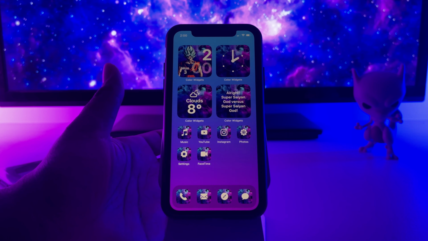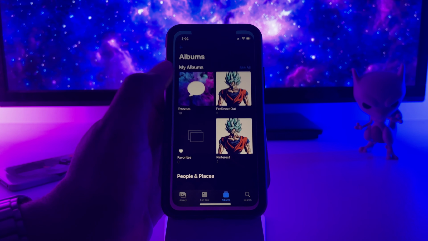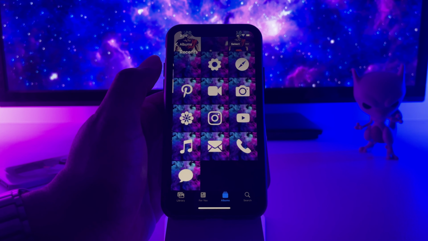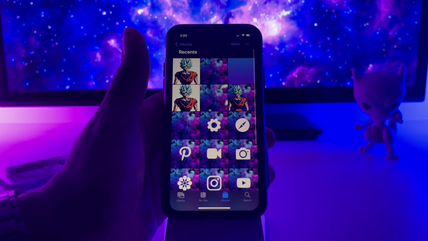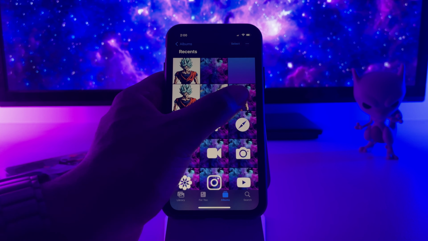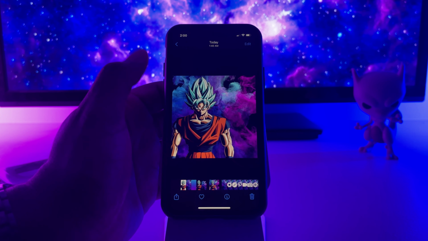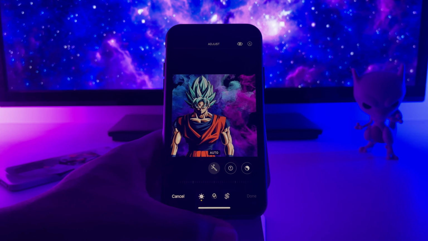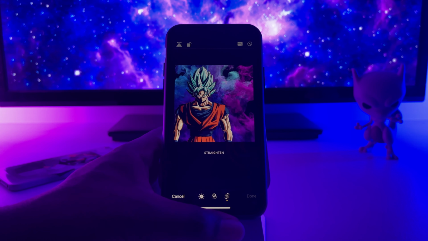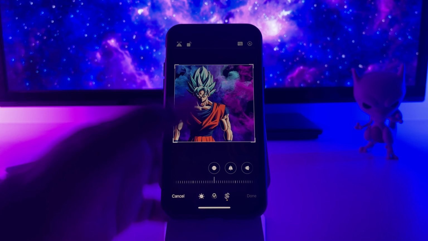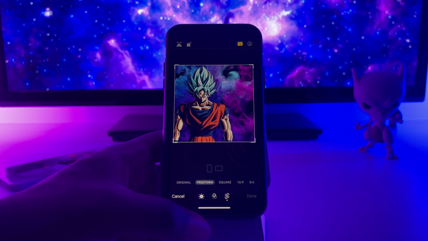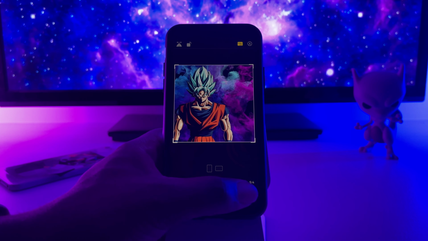Alright, for these next 2 apps, we're gonna go over to our photos. And then here we're going to choose recent and click on this image that we created before. Here we're going to hit edit, hit the 3rd button from the bottom, and then this top button here, and we're going to change it to the 16:9,